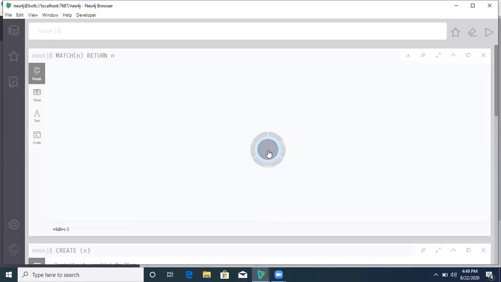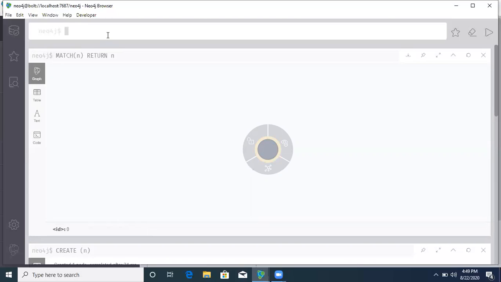When you click on this node, you'll get the ID. The ID of this corresponding node is 0. Every node has its own internal ID. Once you create multiple nodes, those nodes will get corresponding IDs. So this is how we can create and view a node.